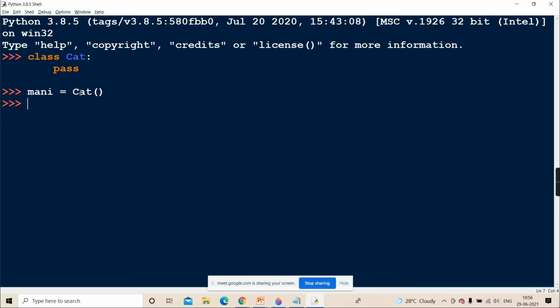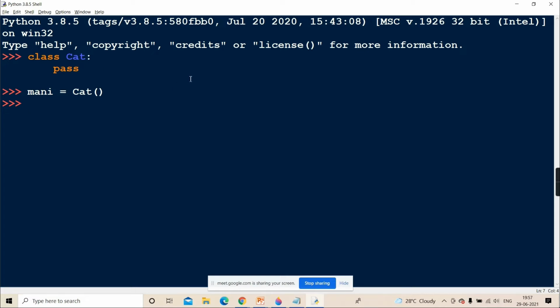So what is created? One cat object. How to create an object in Python? Class name, round bracket. No use of the word new over here, because I'm sure many of you have the habit of that, even in C#, even in Java. While creating an object, we write class name, round bracket, but before that we write new. Here there is no concept of new. Class name, round bracket. One copy of which class is created? Can anyone tell me? Copy of cat class means one instance.